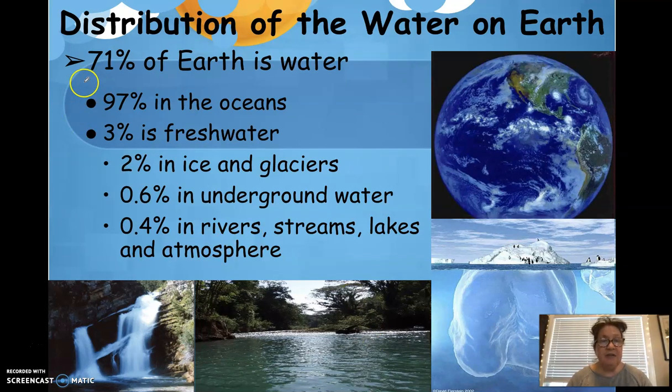So let's look at the water supply of the earth. We know that 71% of the earth is made up of water. Of that, 97% of the water is found in our oceans, and the remaining 3% is fresh water. Then you can see that the biggest bulk of fresh water is found in ice and in glaciers, and then the rest is found in our aquifers or our groundwater supply, and then the smallest amount is in our rivers, creeks, streams, lakes,